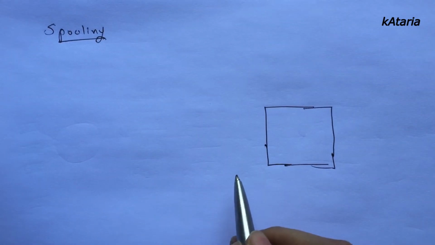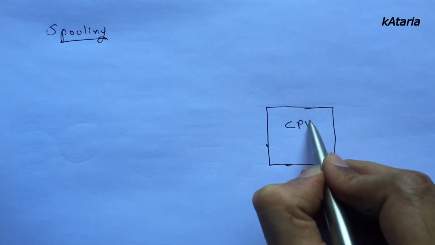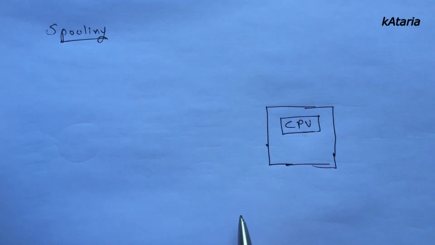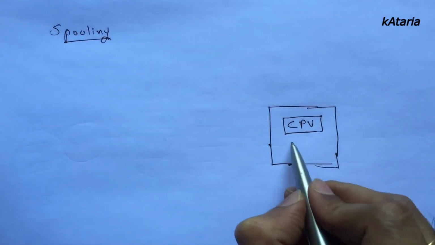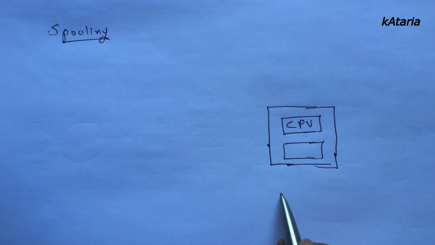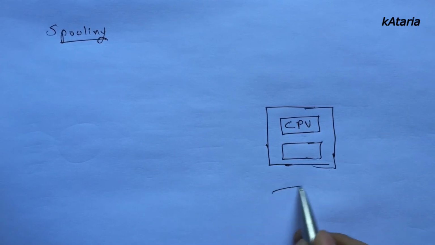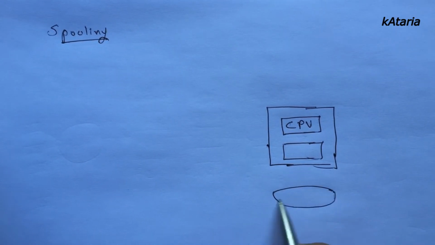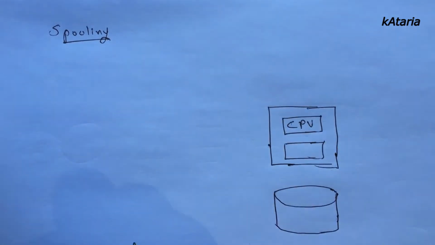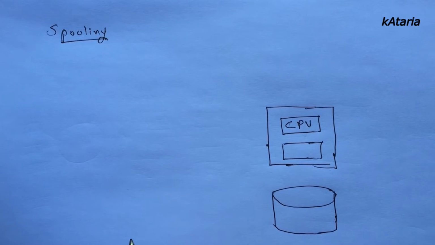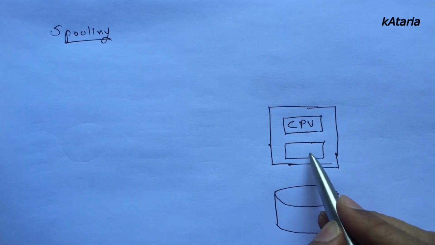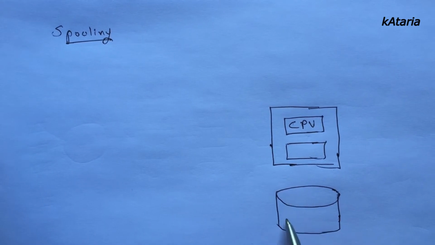there is a common memory and one CPU. So here we are dividing our memory into two parts. One is primary memory and second one is secondary storage. So here we are putting separation in our memory. Our entire memory is divided into the two parts. One is primary memory and one is secondary memory.